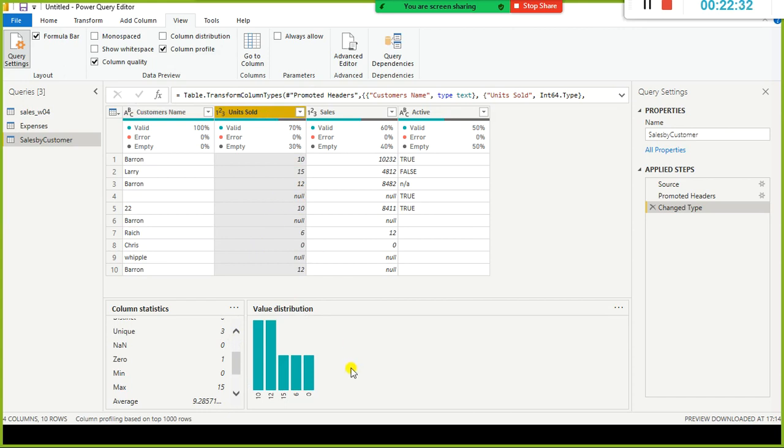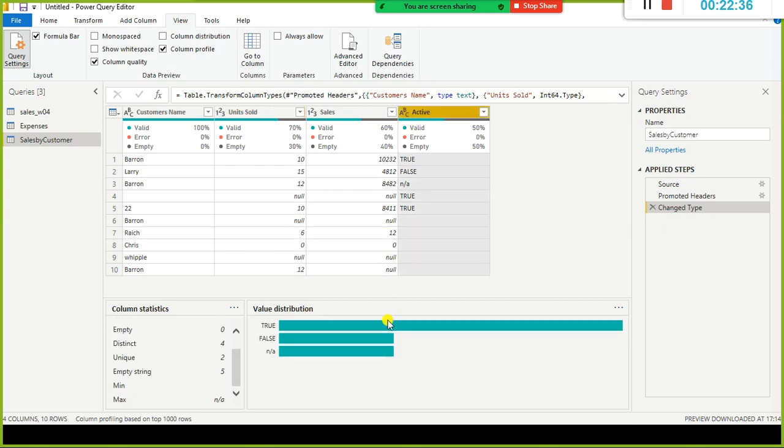This is how you need to interpret this one. And along with this, we can see the value distribution. If I select this one, you can understand. With this chart, we should be able to understand very clearly that the most frequently occurring value is true, because this bar is so tall compared to these two.